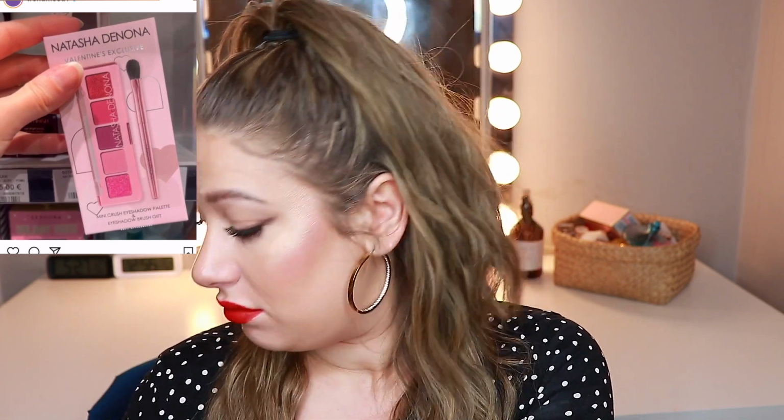If you are unaware, I am really trying to cut back on purchasing products this year. I am wanting to take my driver's license, which is gonna cost me an arm and a leg, and then I'm also wanting to maybe buy a home if I have the money. So buying makeup isn't really gonna be prioritized for me this year, but anyway,